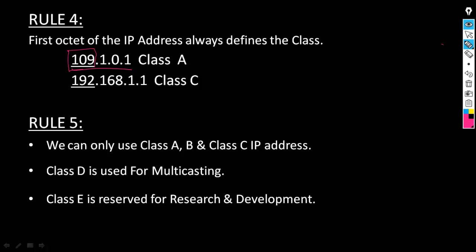Let's take another example, that is 192.168.1.1. 192 is from class C. So this IP address will be from class C. Rule number 5 says that we can only use class A, B and C IP addresses. The reason behind this is that class D is used for multicasting and class E is reserved for R&D purposes, that is research